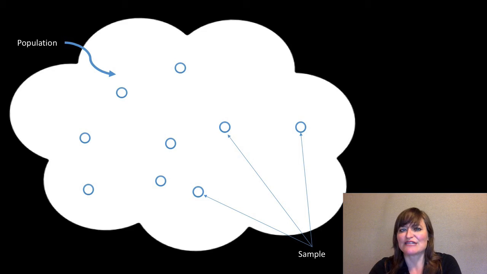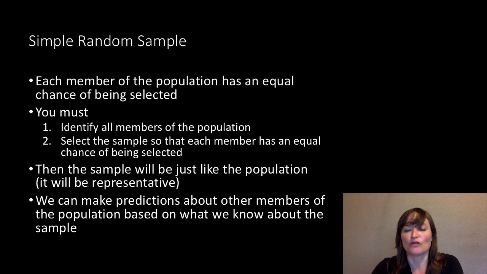Let's talk about a time where we are able to do that. I'm going to represent the idea of population here with a cloud, because we can't really see the edges of it. We don't know all the members. We often don't know all the members in a population. And then I'm showing that we're drawing individuals or situations out in a sample here. If we can identify all the members of the population, then it's possible to draw what we call a simple random sample. In a simple random sample, every member of the population has an equal chance of being selected, and therefore it looks exactly like the population.